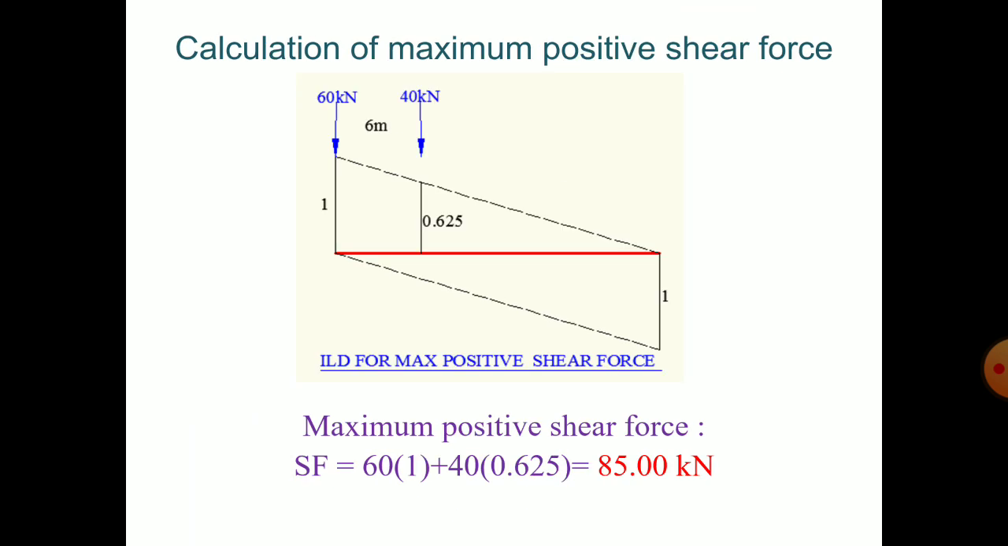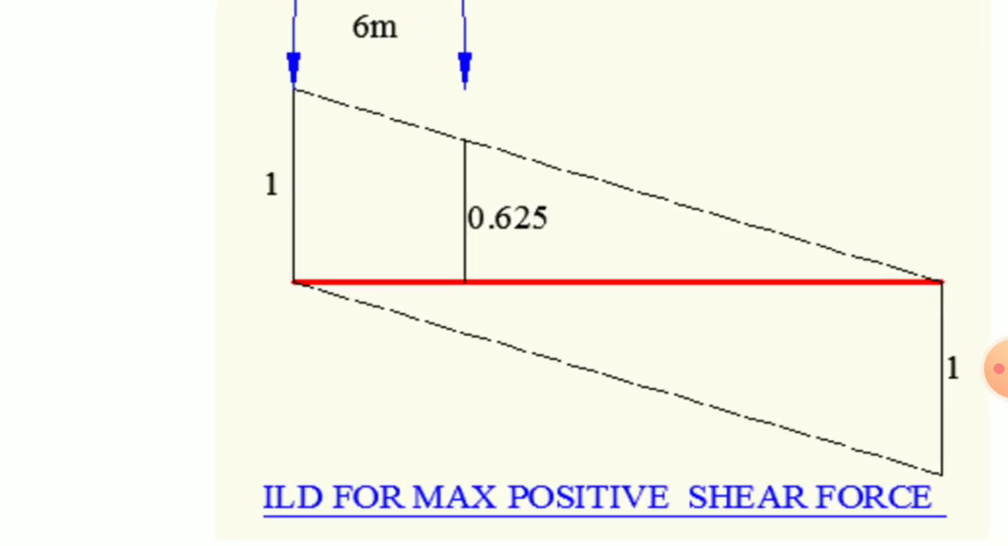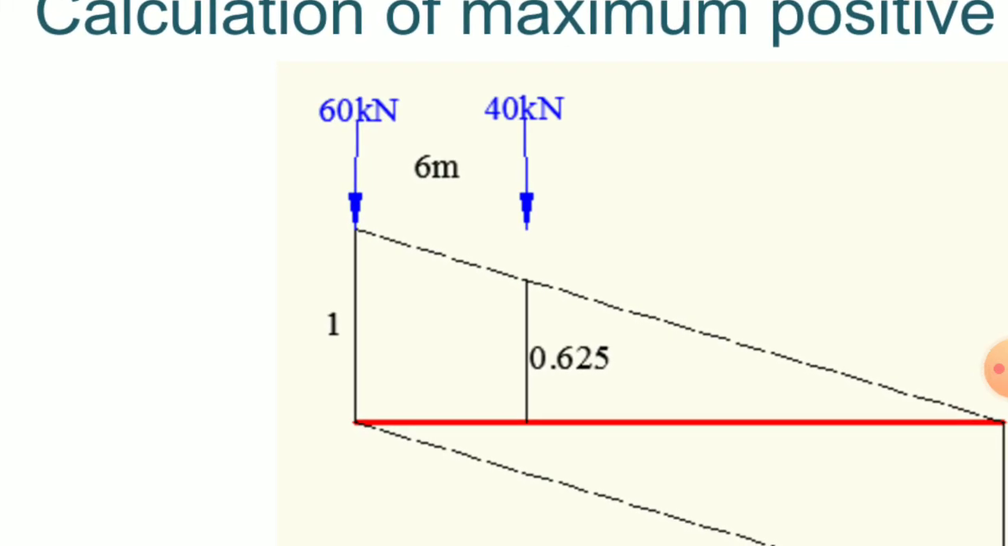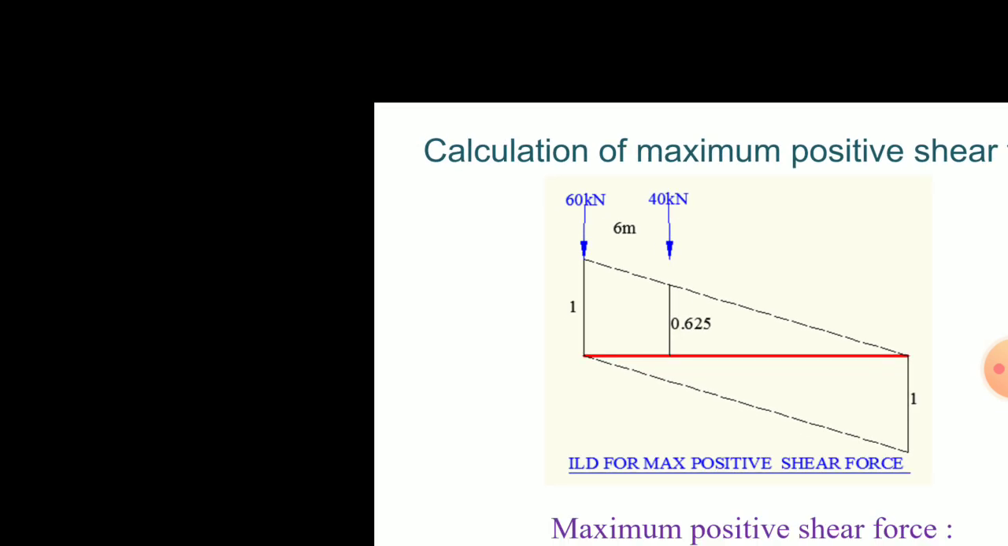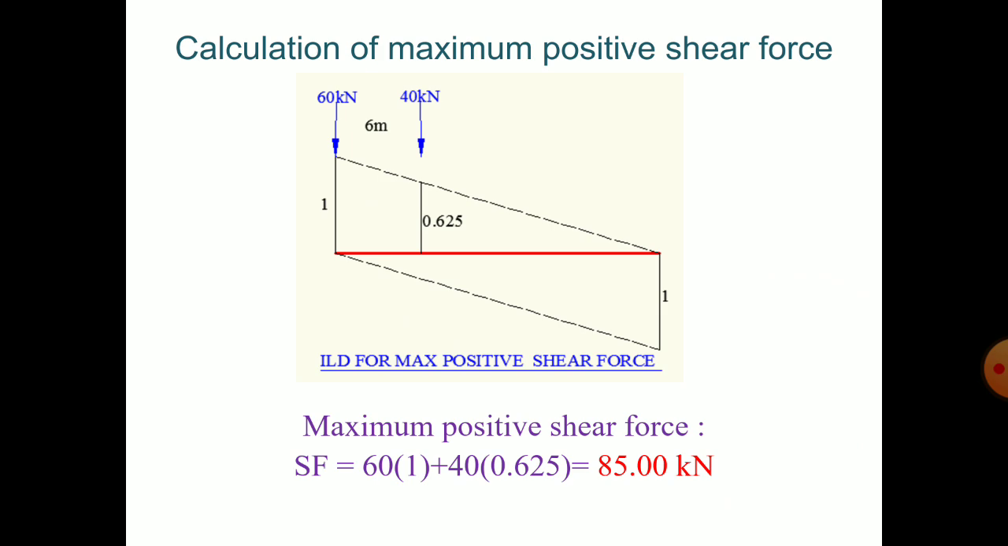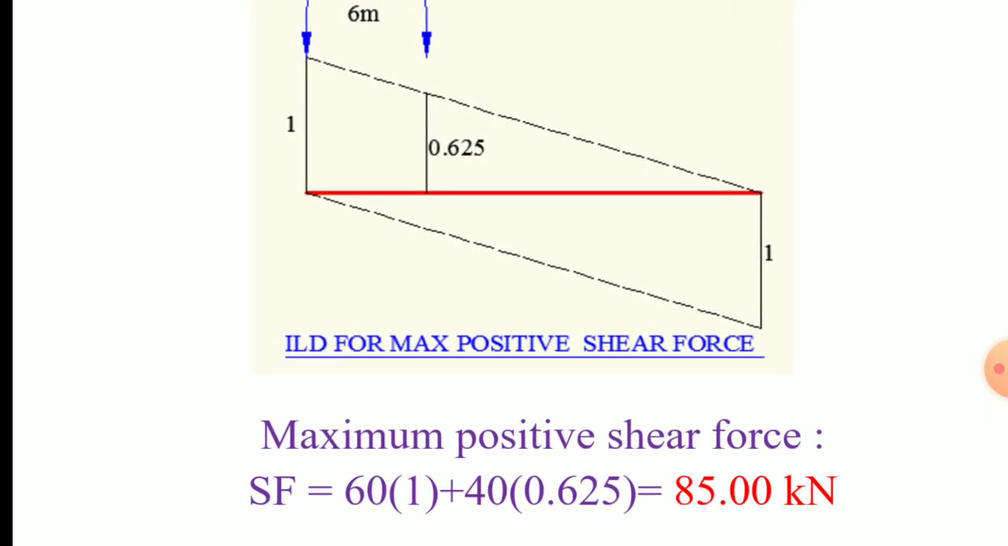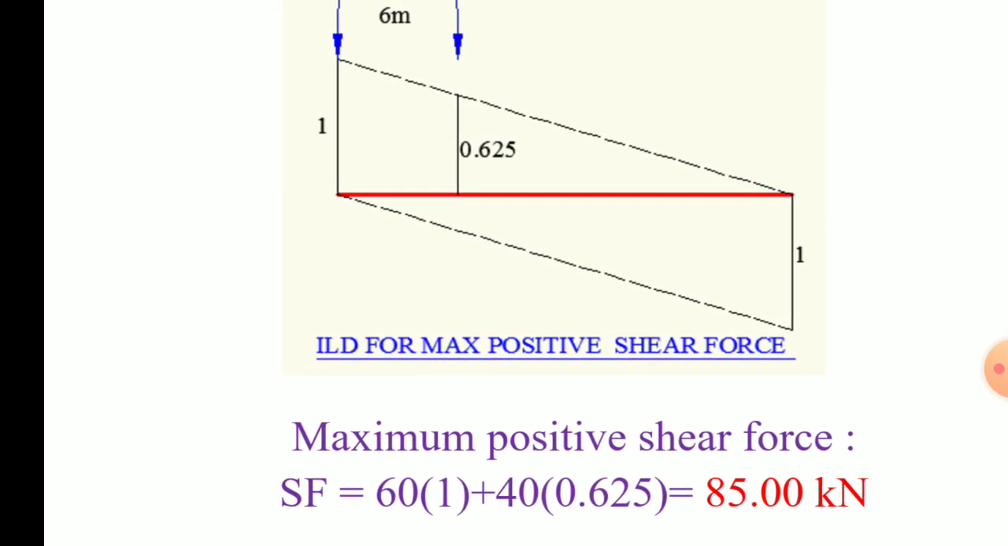Similarly, for calculating maximum positive shear force, reaction A has to be maximum. So for reaction A to be maximum, we have to place the load as shown in the figure. So the ordinate at A is 1 and the ordinate below the 40 kilonewton load is 0.625. So if you calculate, the maximum positive shear force works out to 60 into 1 plus 40 into 0.625,